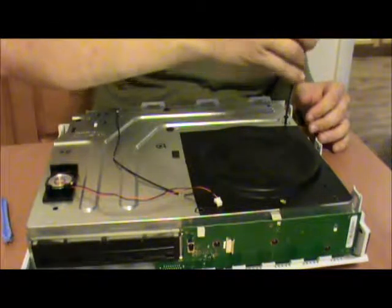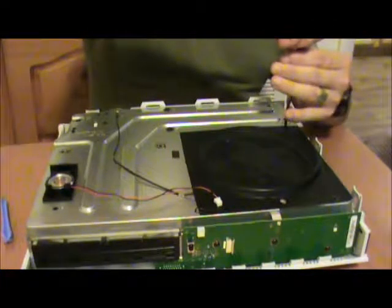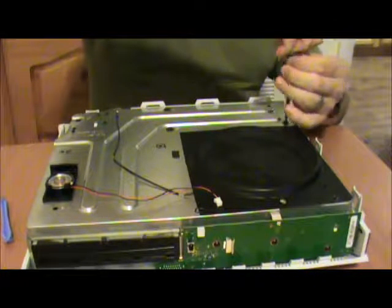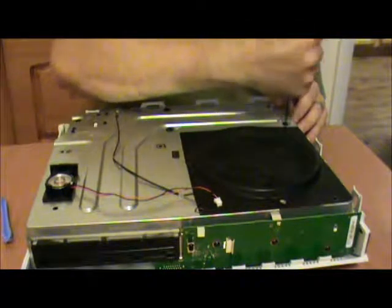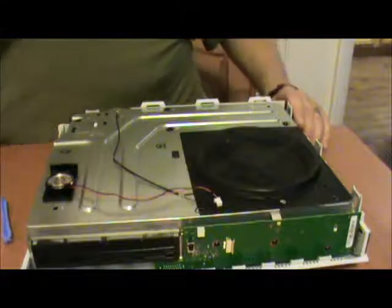Again, I like to go ahead and circle my screw points where the screws are going to go. That way I know right where I pulled them all out from. That way I don't end up trying to bolt something right through the silicone and end up breaking something, because